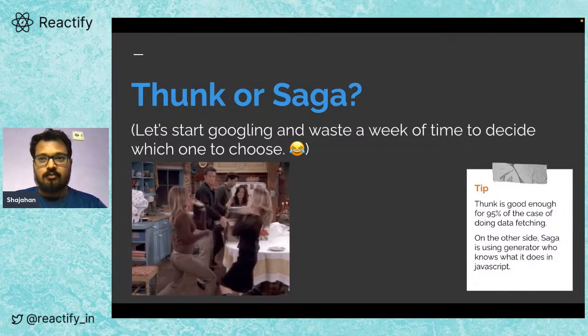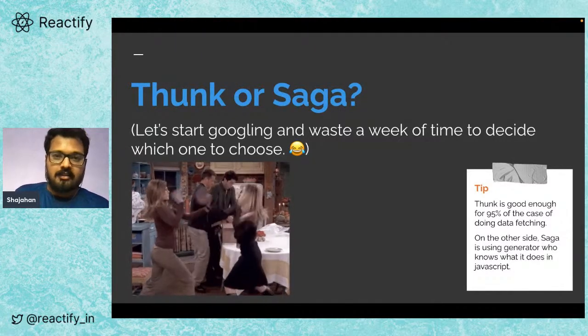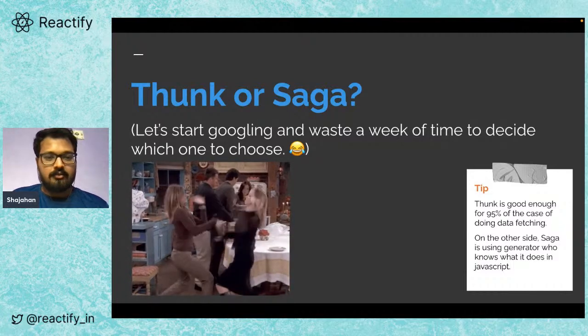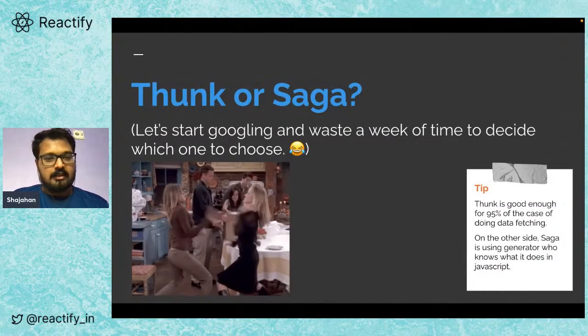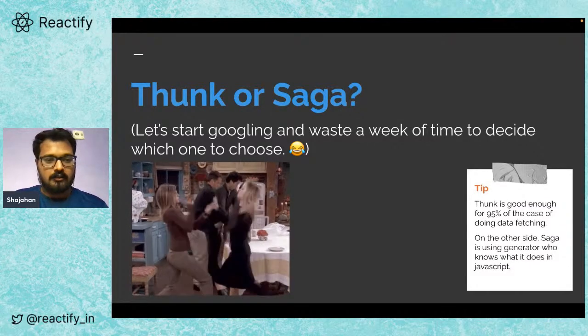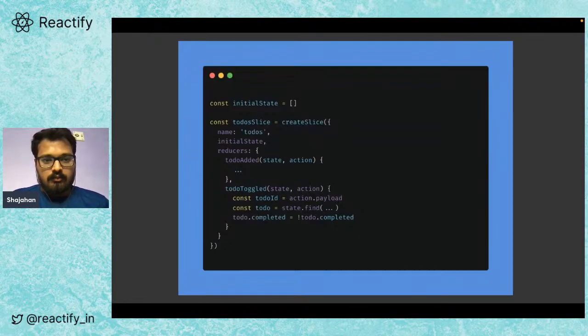But basically, if you're doing data fetching in React, I think in most cases Thunk is fair enough for it. Saga is too overkill. Yeah, let's go one by one and let's see how we can improve the developer experience. So yeah, let's start with something. So when you write